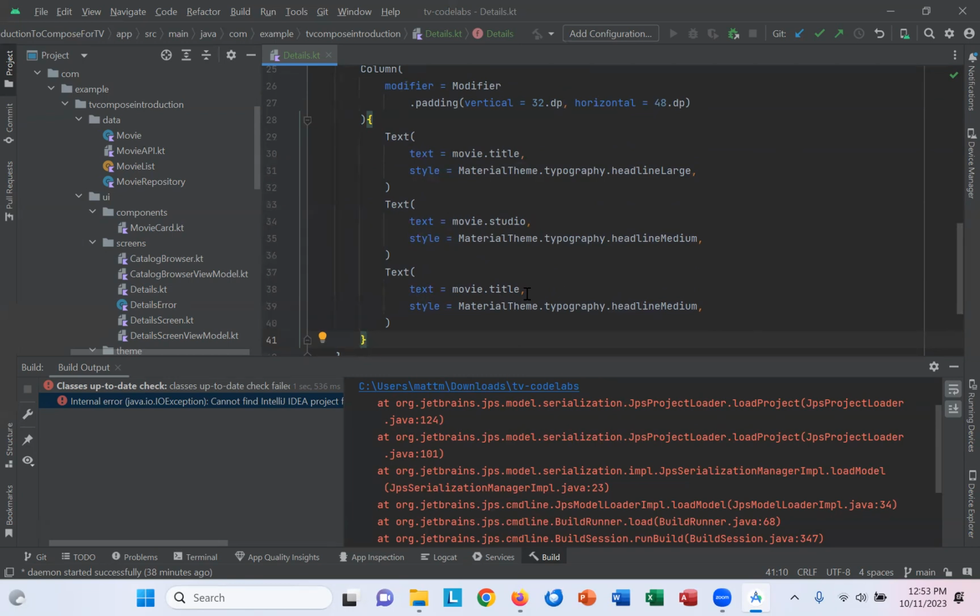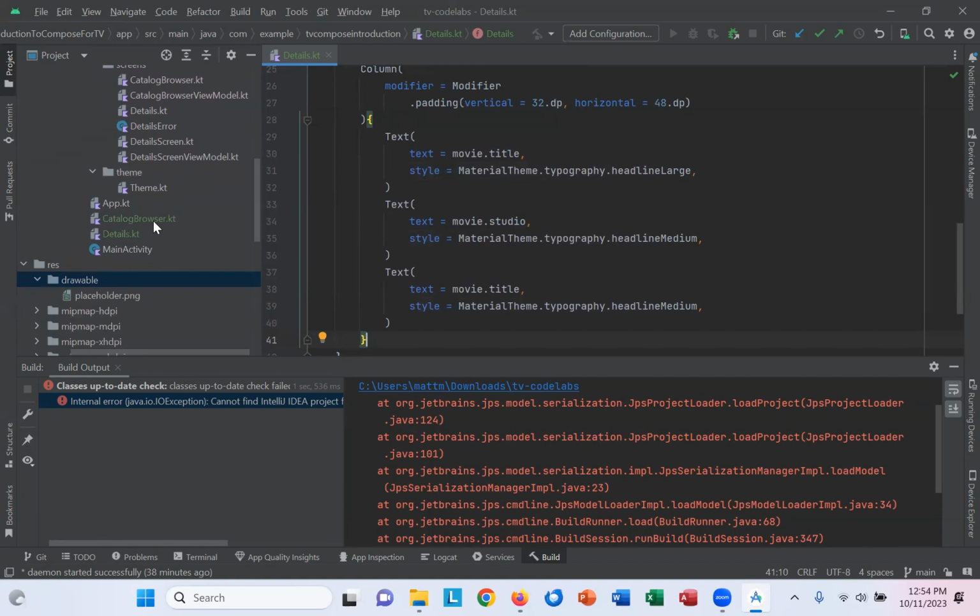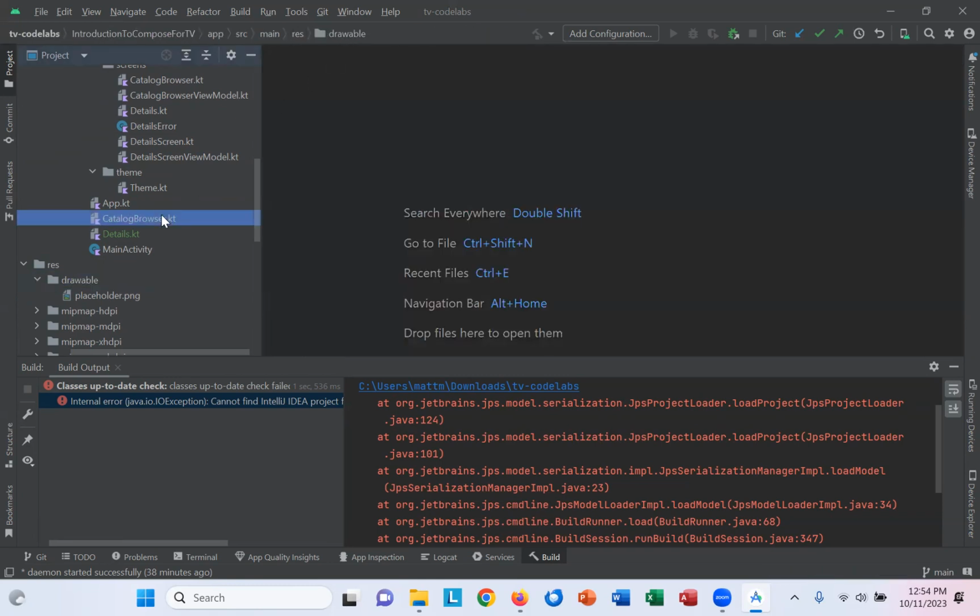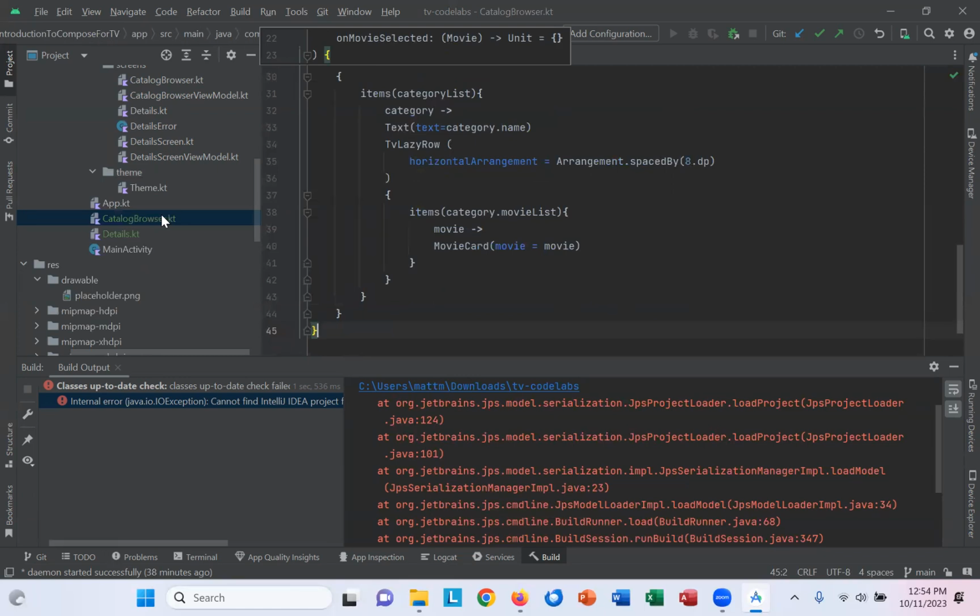So now we have to jump back in to that catalog browser file that we created and create screens. We have to visually be able to display this information. So we go back into the CatalogBrowser.kt. And after movie card movie equals movie, we add a comma,